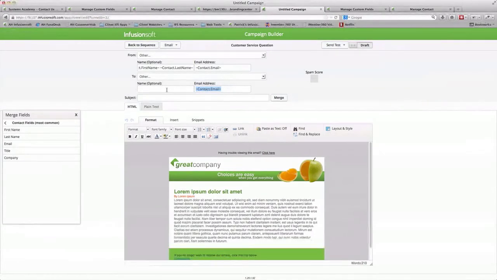So let's say, we'll say support at yourwebsite.com. So of course you'd want to make this email address whatever it is. If you're using FuseDesk, which is what we use for our customer service, you would want to have this email be the email that feeds into your FuseDesk app. So for instance, if in your email settings you have support at yourwebsite.com forward to FuseDesk, this is the address